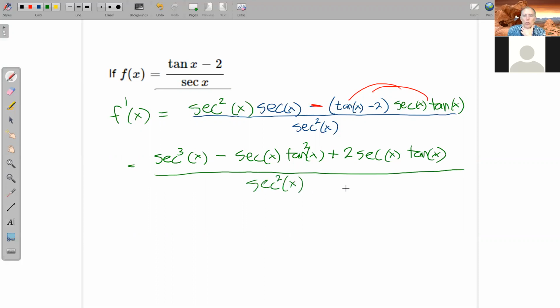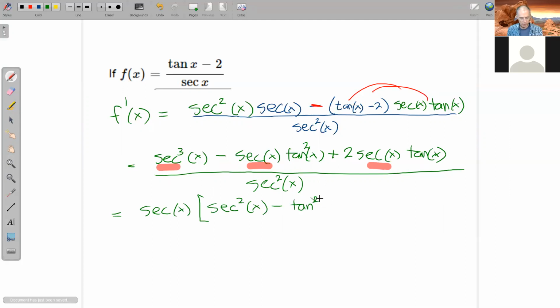All right, so for sure we can factor a secant out of everything in the top. Is that the best strategy? I don't know until we try. So we try. So there's a secant in every term. We factor out a secant. And that leaves us secant squared of x minus tangent squared